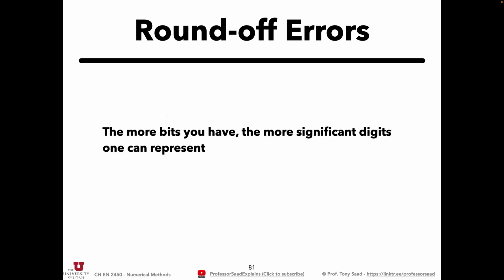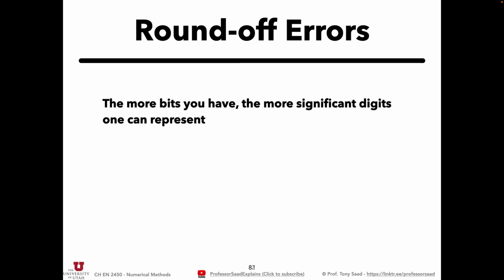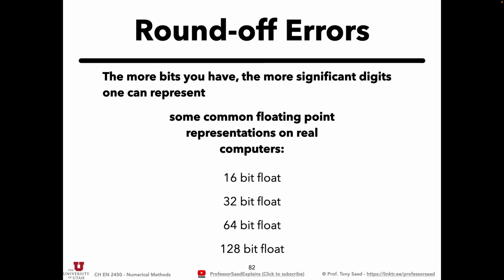Now, obviously, the more bits you have, the more significant figures you can represent. When we declare variables in Python, real numbers are called floating point numbers for some reason. It's just real numbers. Now, even on a 32-bit computer, you can trick the code to store a 64-bit number. It just makes up extra memory and keeps track of all the digits. You can even store a 256-bit number. It just gets a little bit more complicated from the code's perspective,